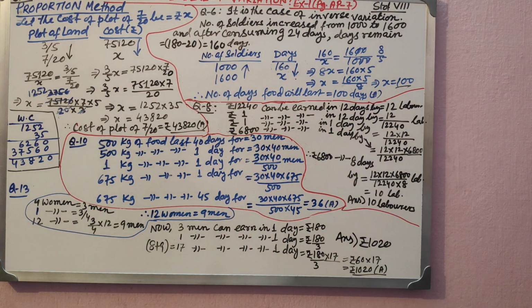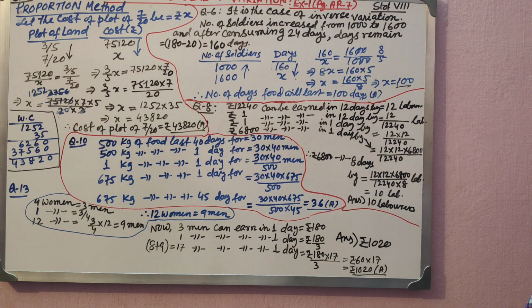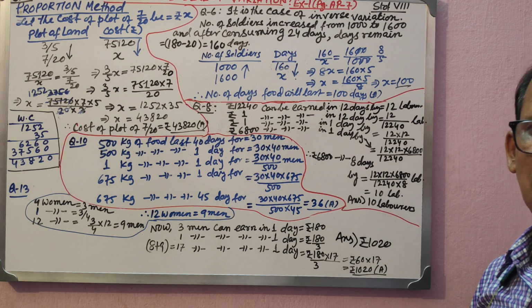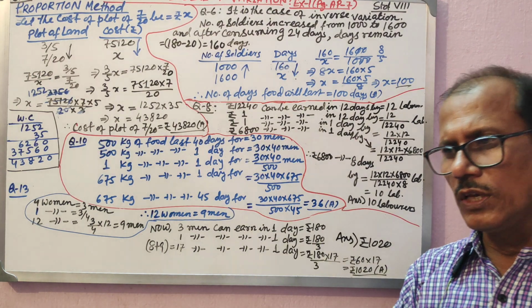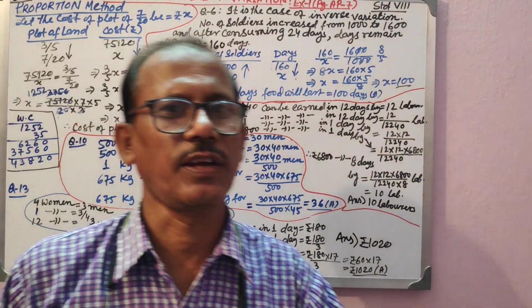I have taken question number 8. Question number 8 is, it is said to you that if 20 laborers can earn rupees 12,240 in 12 days, how many laborers can earn rupees 6,800 in 8 days? Fine. So to do unitary method in an orthodox way,